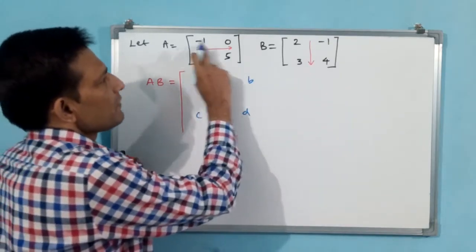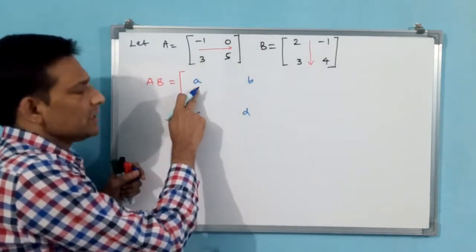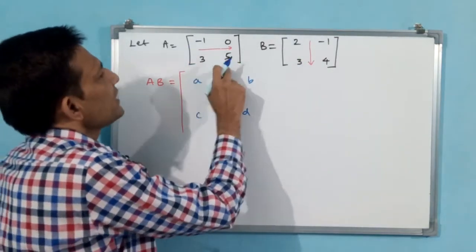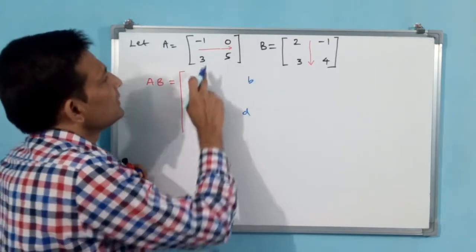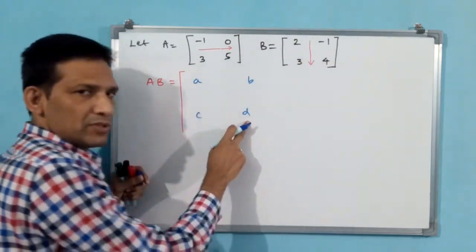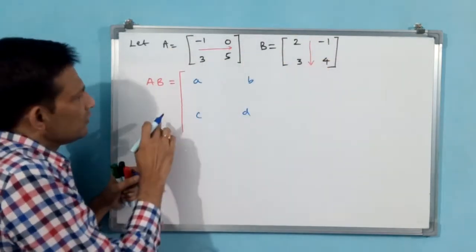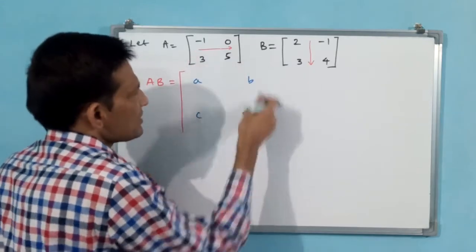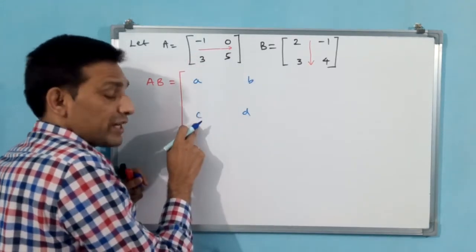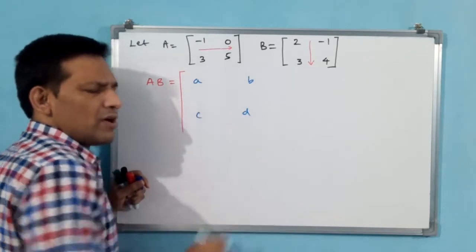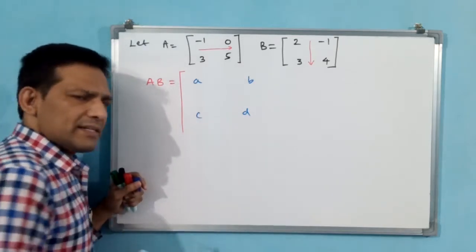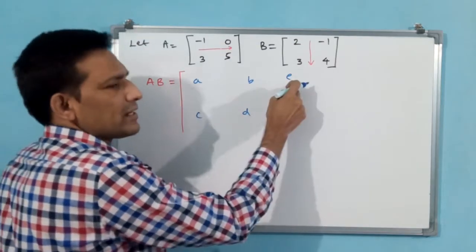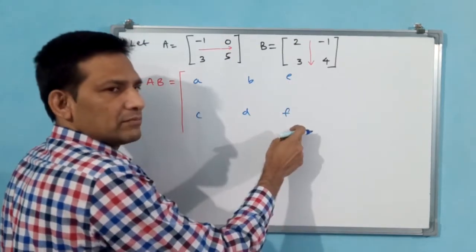You see, first row, first column will come in A position. First row, second column will come in B position. Second row, first column will come in C position. Second row, second column will come in D position. Why? Because without seeing this also we can say this is first row, first column, and first row, second column, because the row is same but the column is changed. What if it is 3 by 2? Then you see A, B, C, D, E, F. That's all: first row, third column, second row, third column.